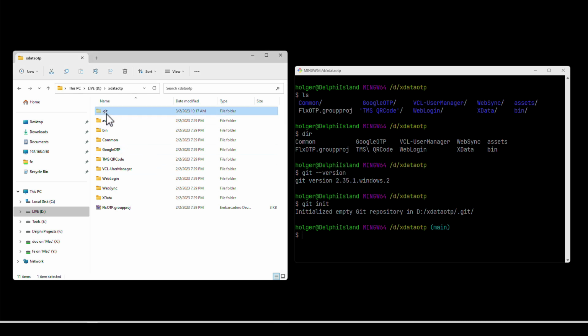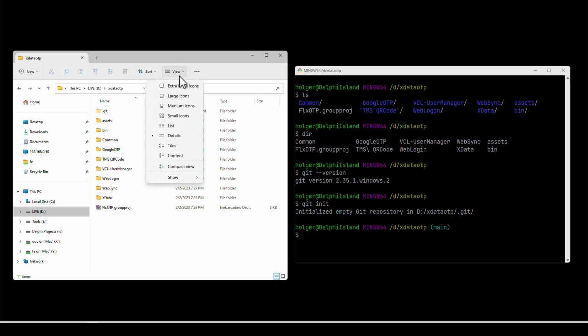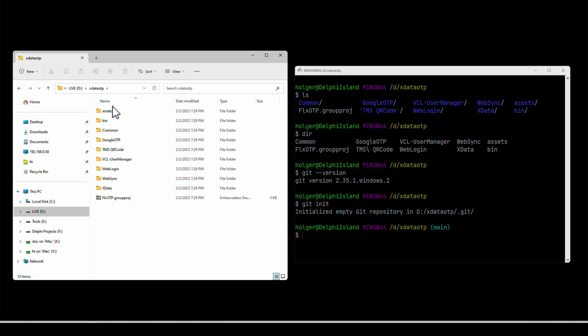And here, the .git folder, that might be something you don't see. You can see that it's a little bit grayed out. The reason why I see it is that in the View menu, under Show, I enabled hidden items. That's important. If I disable that, the .git folder disappears. So in order to see it, you need to enable hidden items in your Explorer window. As a developer, that is usually the case. Usually you enable hidden folders.